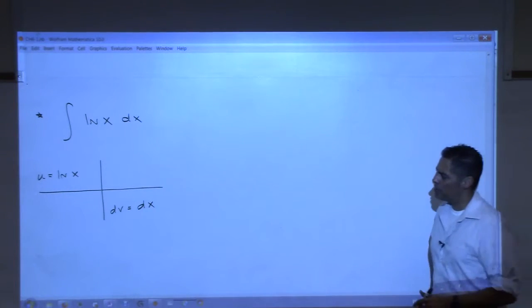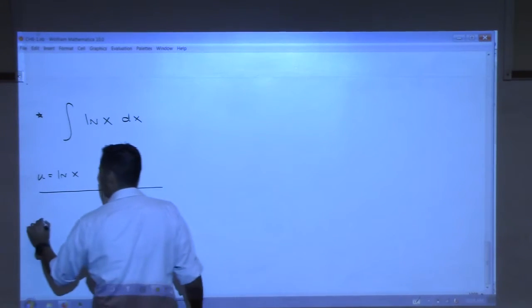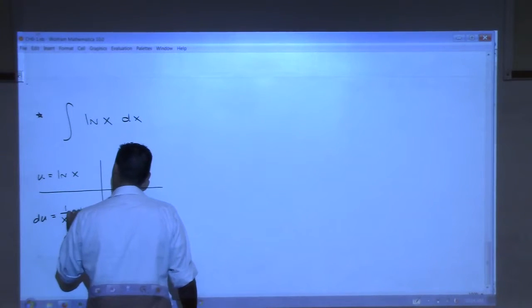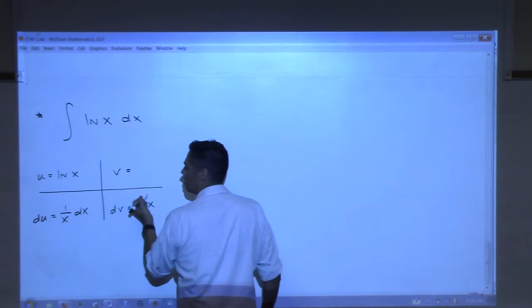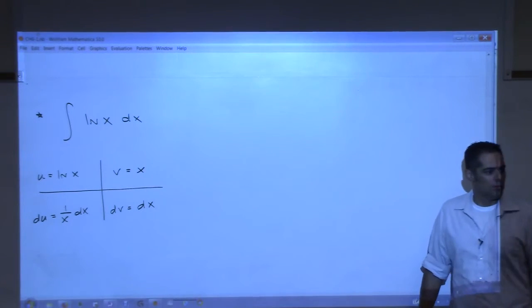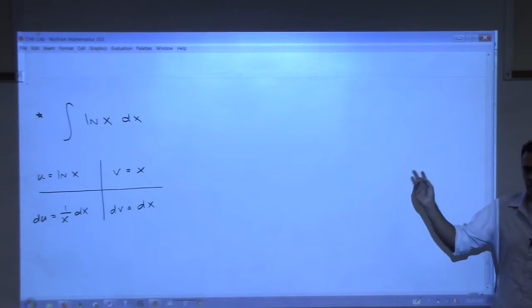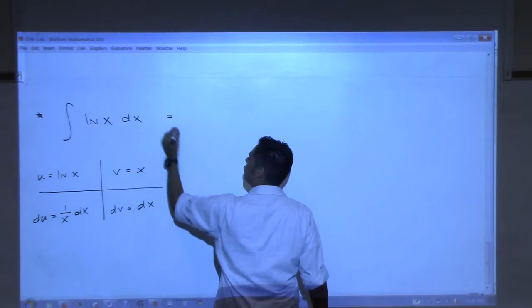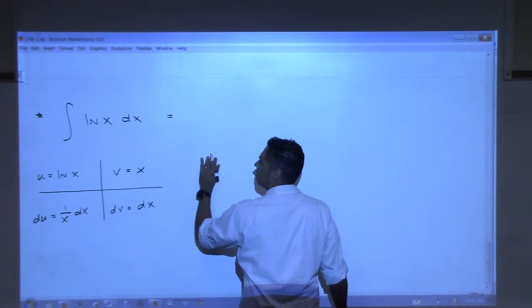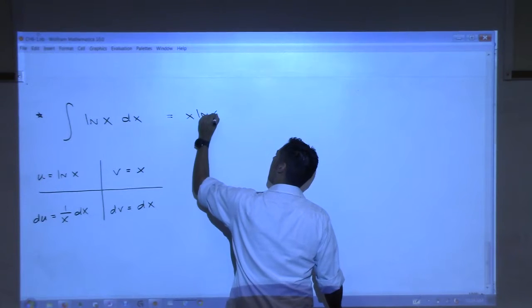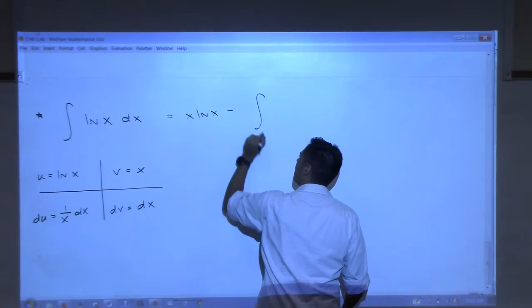What's the derivative of natural log x? 1 over x. Okay, so this part's not too bad. This is 1 over x dx. Oh, and v is just x. Holy crap, look at the diagonal. 1 over x times x, right? That's just 1. Okay, so look, this is going to be ultraviolet, right? These two multiplied. X ln x minus